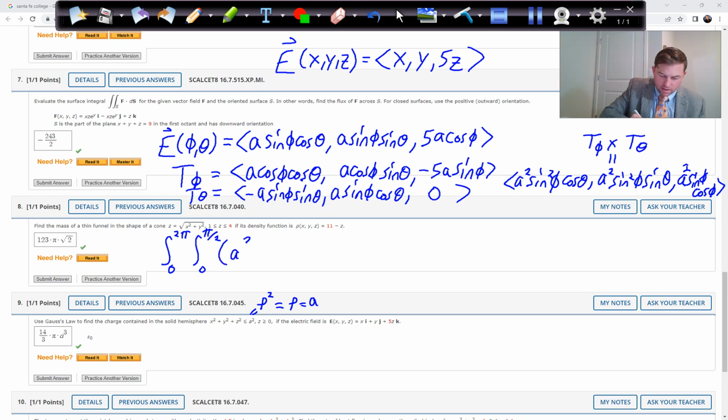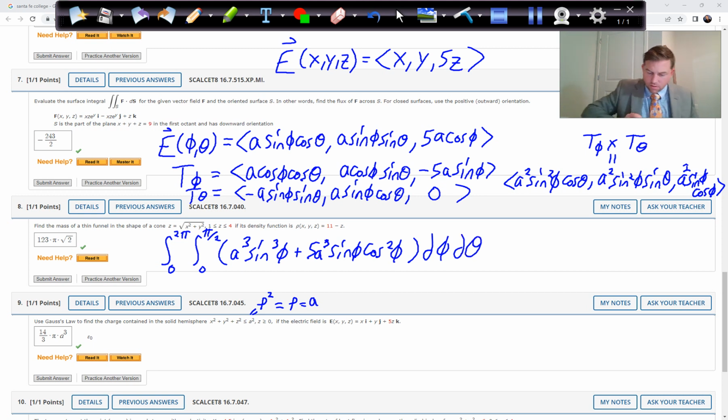You should get a cubed sine cubed phi plus 5a cubed sine phi cosine squared phi, d phi d theta. So there are quite a few terms that do go away, and you're left with these two terms. Let me just double check it one more time. That's correct. And when you do the first antiderivative, you should get